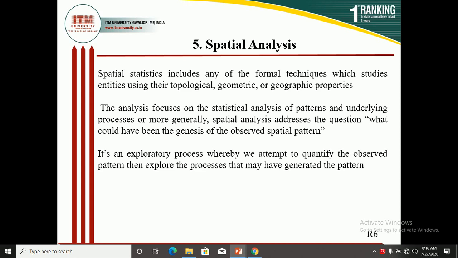Now at that point, if you wish to know at how much distance different trees are present, whether the trees are clustered or dispersed, whether the tree density is constant or variable, if you want to know all this type of information, then it is considered spatial analysis. It means more information about a particular area is gathered in spatial analysis, while in GIS analysis you only get specific information about a particular object.